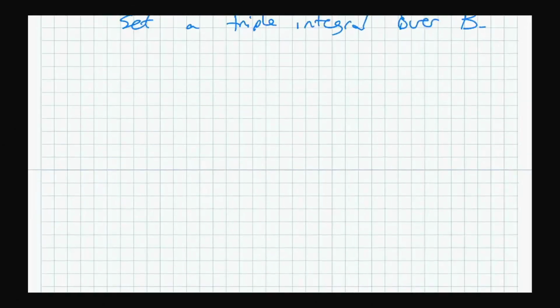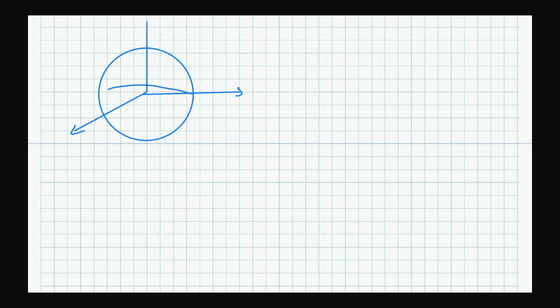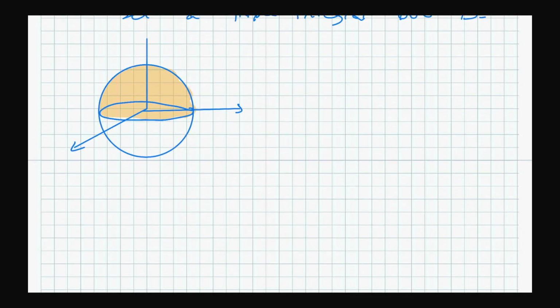Okay, so it's the same deal as the previous one, right? You've got a ball, but of course the difference between the previous problem and this one is that we don't want the entire thing. We only want the top half of the ball. Everything's the same, but in order to get the top half, what you do is,